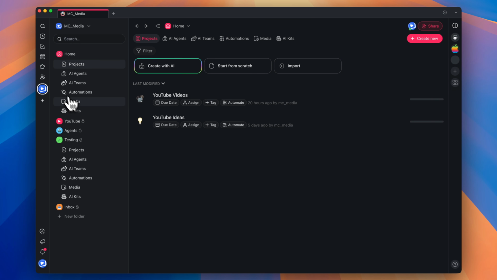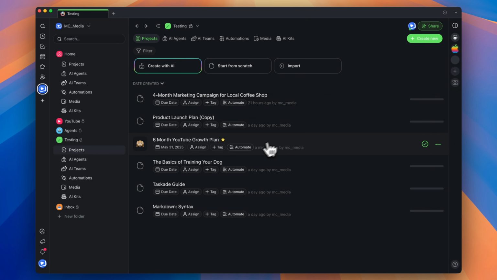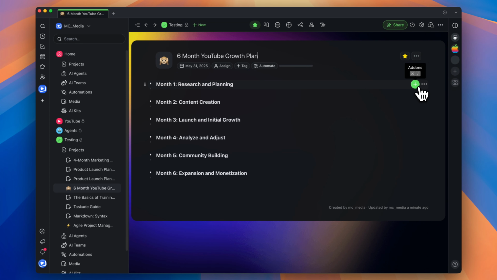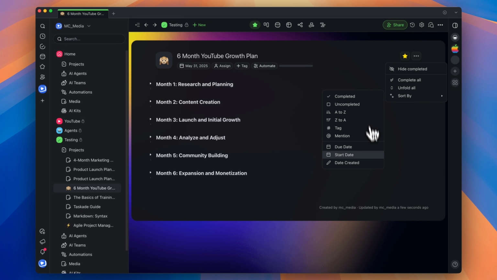Let me go back to the testing folder. Let's go back to our project. And then we have here in the three dots, we can quickly complete all the tasks on a project. Maybe we missed a few tasks, but we know the project is done and completed. We can complete all the tasks here. We can fold or unfold the different headings. So you can see here, if I click on that, all the headings minimize, and I can sort our tasks